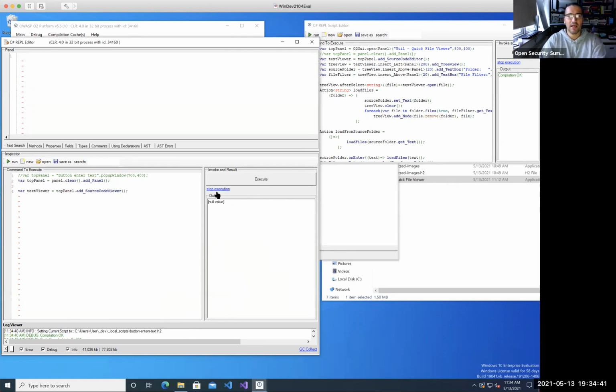So what I've got here now is my text viewer. Now what I want to do is add a tree view to the left. So I want to select the top panel, and I go insert left. And insert left, and you can see that this immediately puts that there. But in this case, I want just 200